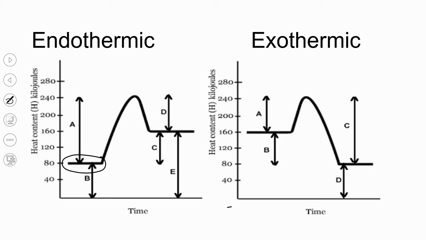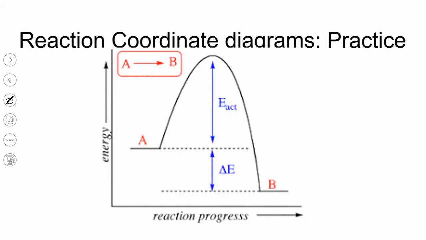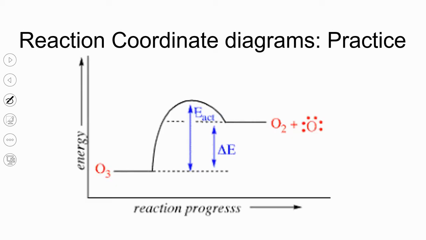Okay, so if on a bell quiz or a test I give you a picture, you should be able to tell if it's exothermic or endothermic. If it's endothermic, products will be higher. If it's exothermic, products will be lower in energy. Okay, let's practice that. So if I give you this picture, is this an exothermic or endothermic reaction? Good, this is exothermic. Products are lower, good. How about this one? Endo. Products are higher in energy, that's an